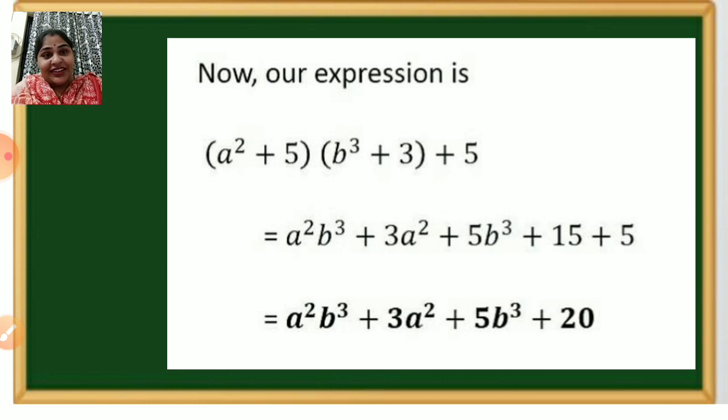I hope this is clear. I hope in the explanation I said a square multiplied by b cube is a raised to 5. Sorry children, I thought this is a. It is a square multiplied by b cube is nothing but a square b cube only. So that correction please.